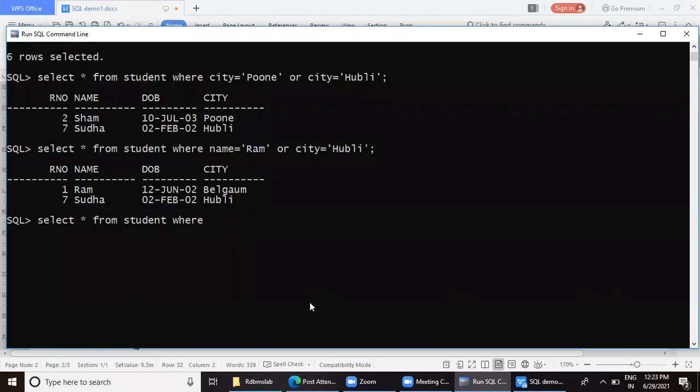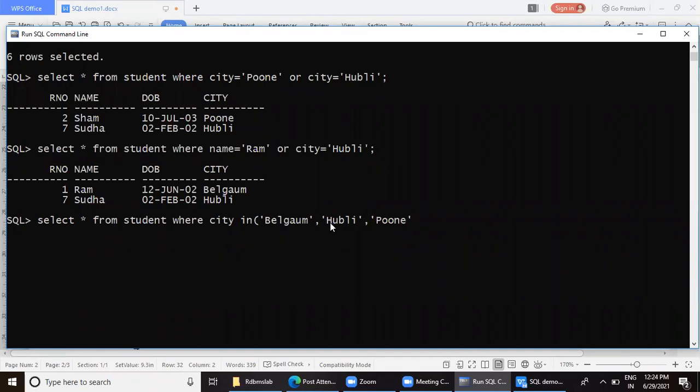Sorry, it's not roll number, what I'm searching for is the student city. So where city in Belgaum, comma, Hubli, comma, and the third option Pune. Remember here, no and, no or.